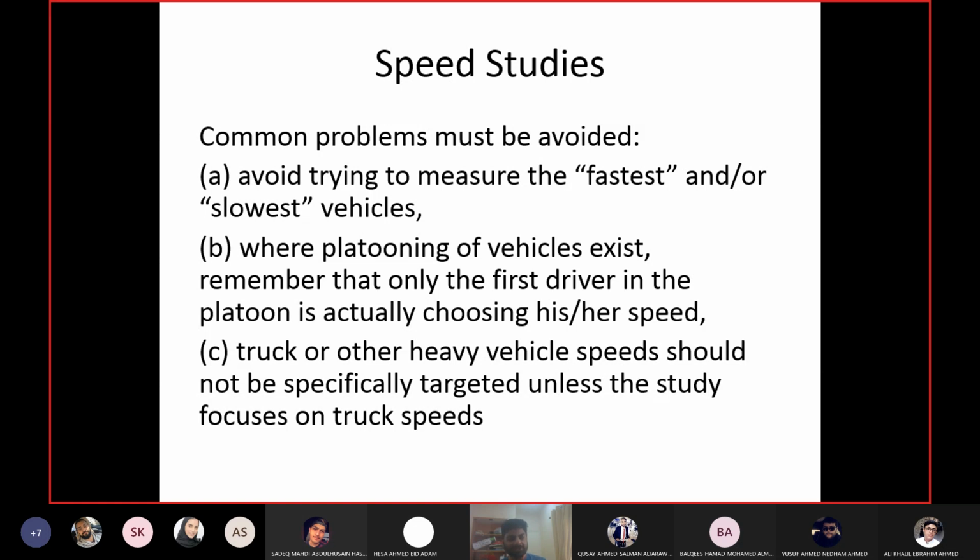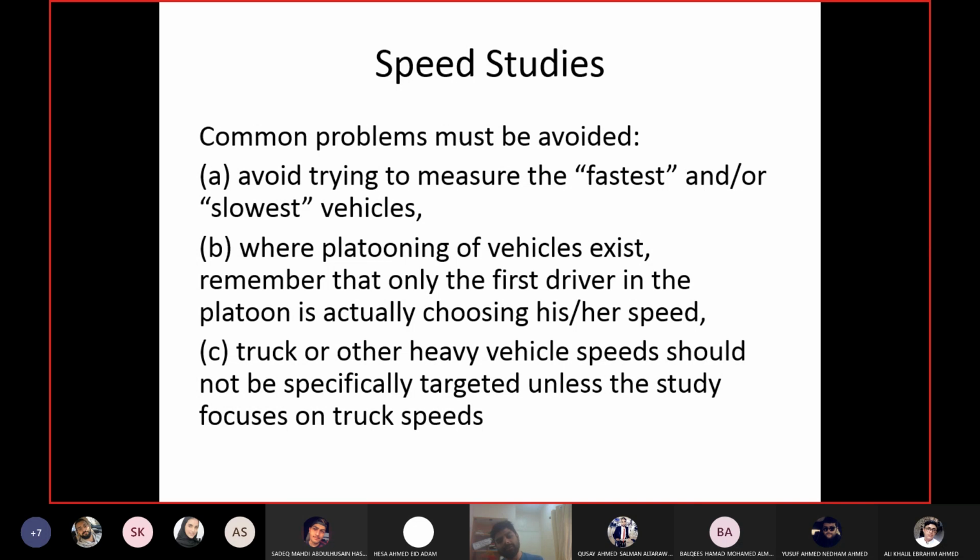Secondly, if you are doing it after an intersection, we discussed earlier that vehicles come out of the intersection in the form of a group, and that group is known as a platoon. In the platoon, if you are closer to the intersection, the first guy in the lead in the lane has the chance to accelerate to whatever speed he wants. The other guys are following him. Since in a platoon you have a group of vehicles in each lane, the first drivers are basically the ones who are going at their own speed.